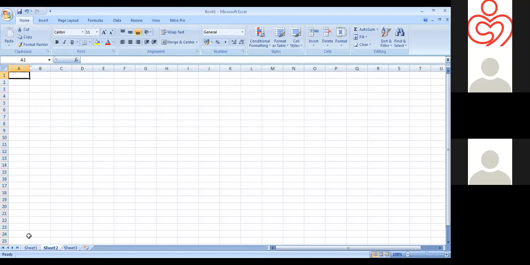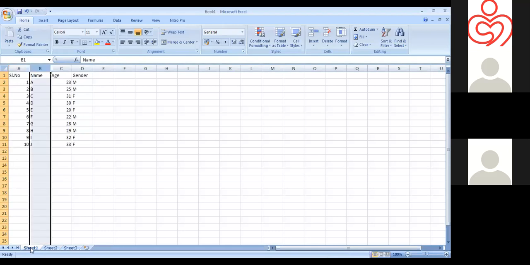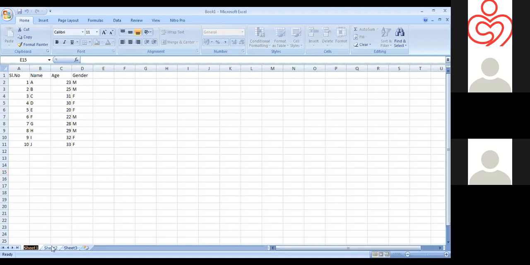Below we can see sheet 1, sheet 2, sheet 3, and we may rename the sheets as group A, group B. That's not the proper method of data entry. For statistical analysis, we should have the data in a single sheet. That will be easier for the analysis.